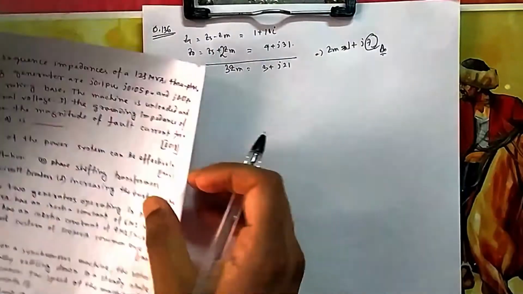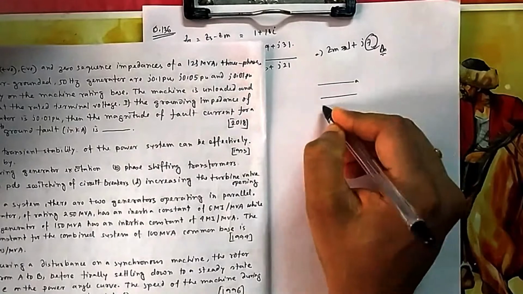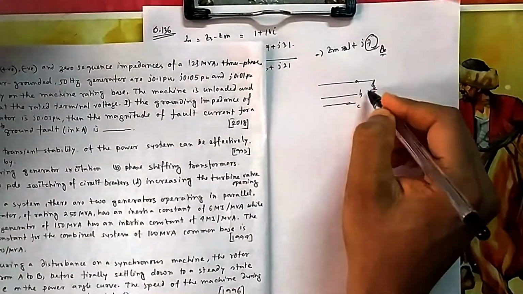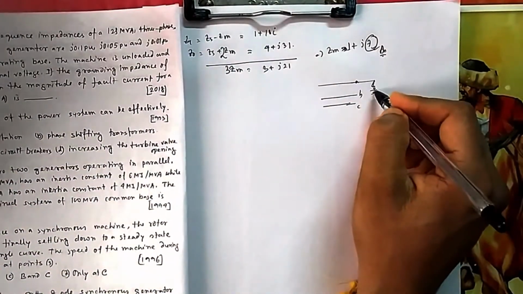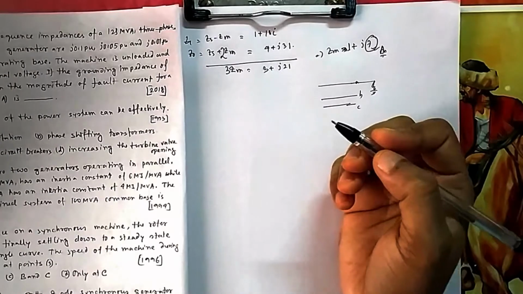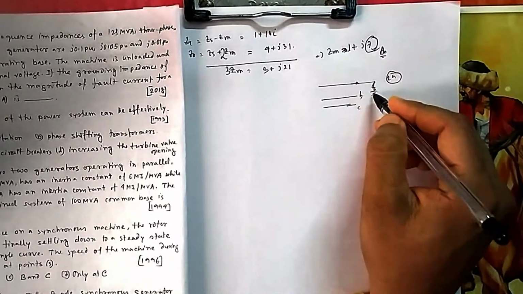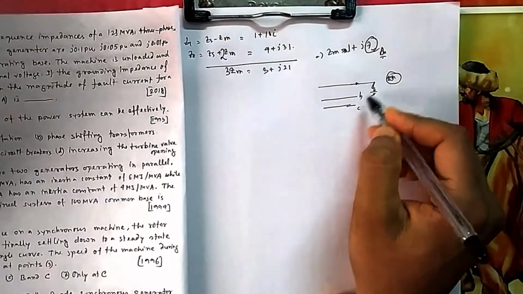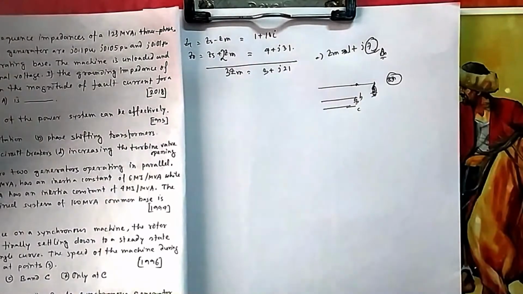So again, normally what we do in case of LG fault, we suppose this is ABC. You have studied sequence networks. Normally we take the fault on phase A and we write the sequence network for A only. So it is good for an LG fault, because on the line on which the fault occurs, you write the sequence network for that one only. So here, because it is on B phase, you will write the sequence network for B phase only and we will do the fault on B phase.